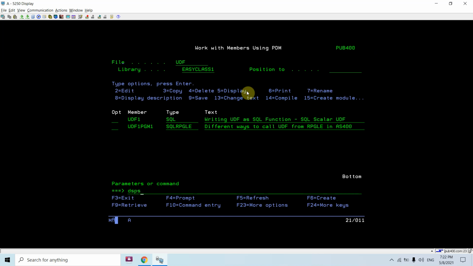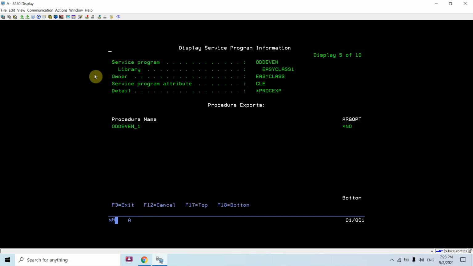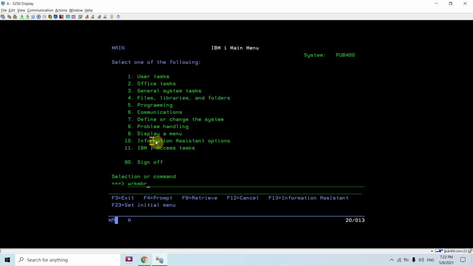If I show you the service program odd even, inside that you can see the procedure. So this procedure was called through that SQL function.